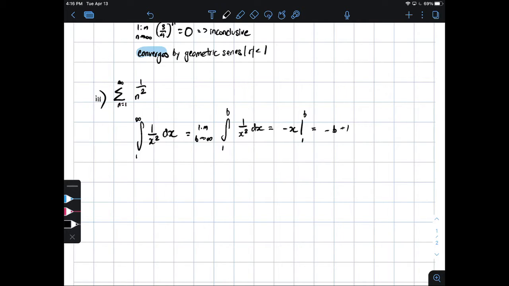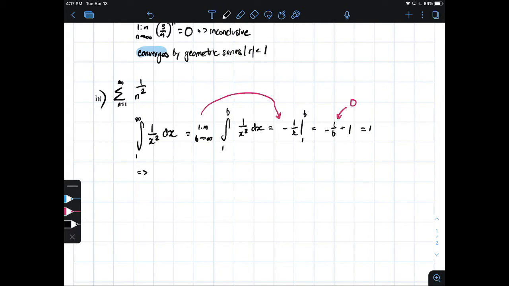Oh yeah, I knew this one was off there. That's my bad. It's negative 1 over x squared. That fixes it. So now we have negative 1 over b plus 1. So this approaches 0 because b is going to infinity. I'm messing up, I'm sorry. The limit is also carried over. But this is 0, so we have a 1 as the value of the integral, and because the integral converges,